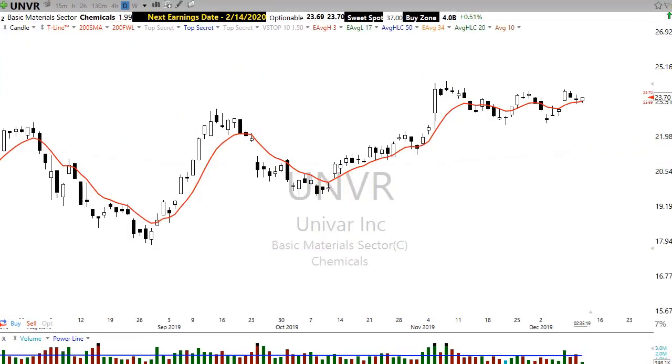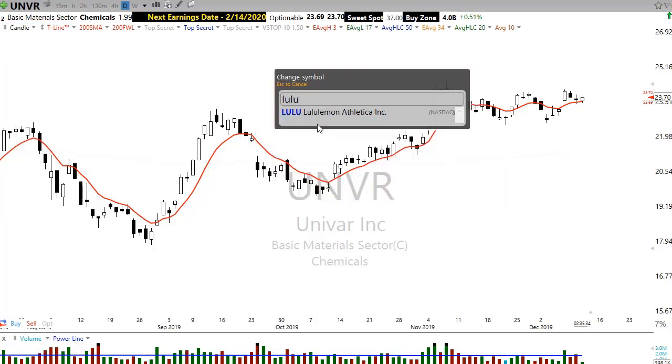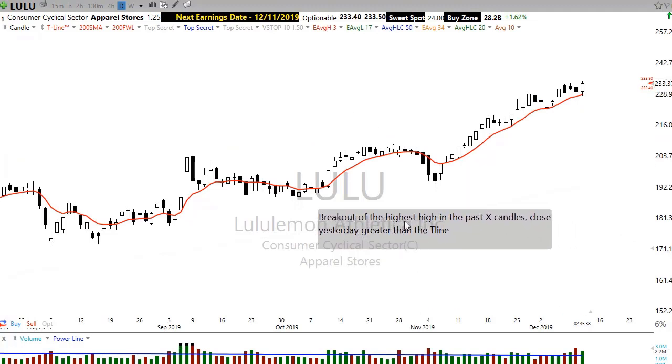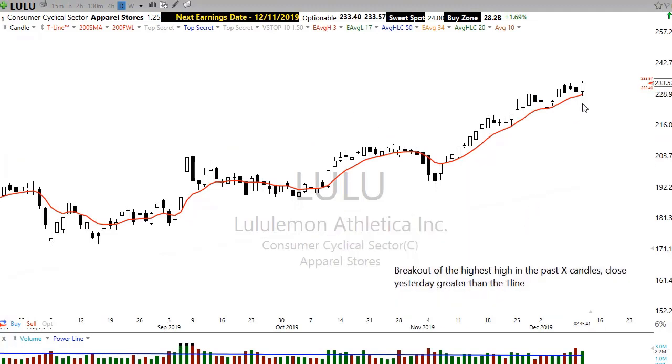I was listening, and I heard somebody bring up Lulu or something. I think Ed said that he liked that chart, and I really like that chart as well. I want to share what I like about it, and then I made a little note. I'm actually going to talk to Ed about this, but I kind of created it. But I want to remind everybody that